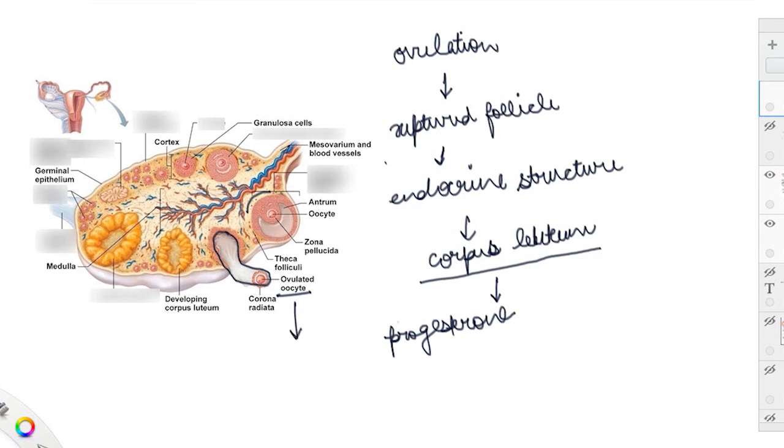So that is how the release of the oocyte is accompanied by the ovary. I think I have made everything clear with respect to the ovary. Only this portion of the female reproductive system we have talked about. In the next lecture, we will try to understand how this oocyte goes into the other structure that is in continuation with this ovary. And what was that? It was the fallopian tube. So we will continue in our next lecture.